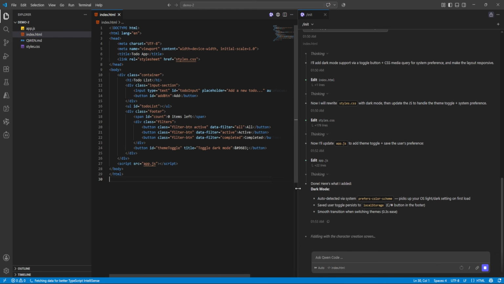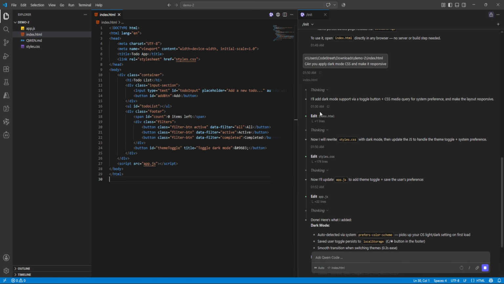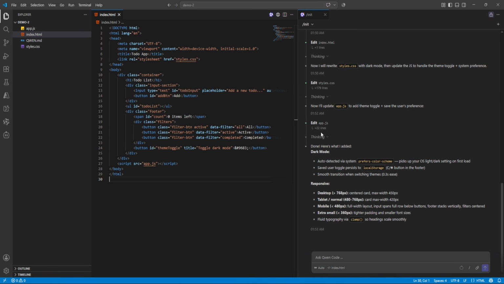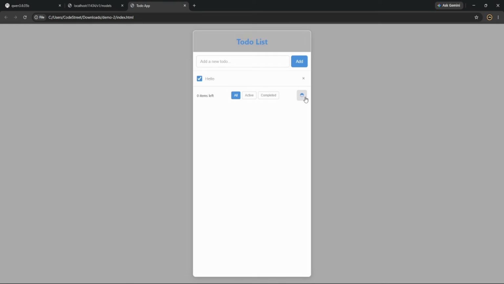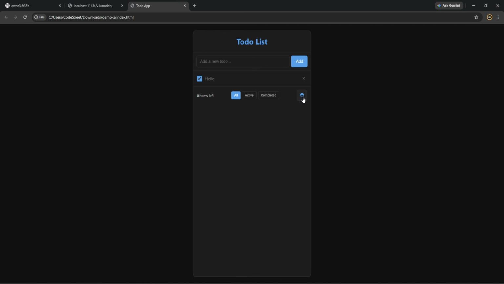Okay, it's done and it took almost 2, okay, 3 minutes. Let me come back to this screen and try to load it, and this is nice. Here they have given an option for dark mode and light mode.